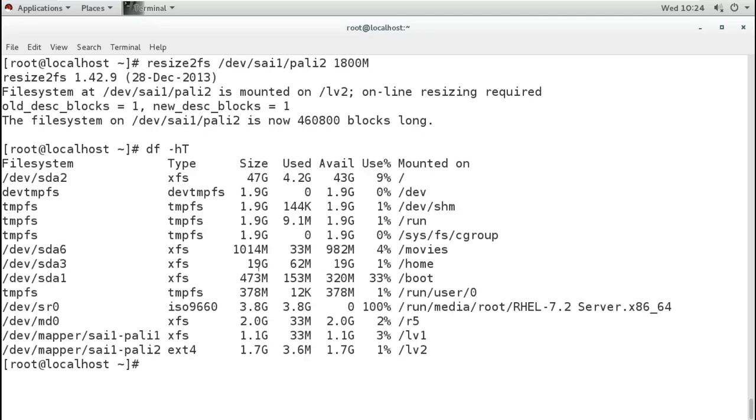real size. And now it is showing 1.7 GB. It is actually almost 1.8 GB, 1800 MB. Some size is going to the file system, and you can see the difference between the XFS and ext file systems. You can see XFS is using less space for the file system. It is showing 1.1 GB, 1100 MB total, but it is still using some more space than that. Okay, but it is extended. So the command for extending the ext file system is this.